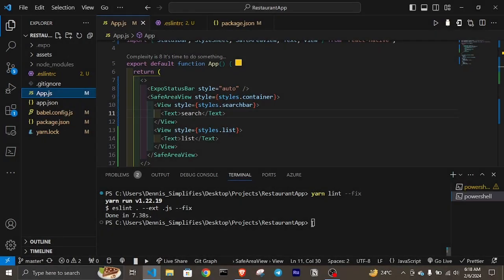In our previous video, we learned how to use ESLint to fix our problems by running the command yarn lint --fix in our terminal. To optimize ESLint, we do not always want to be going to our terminal to type in yarn lint --